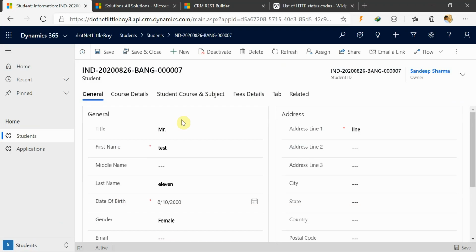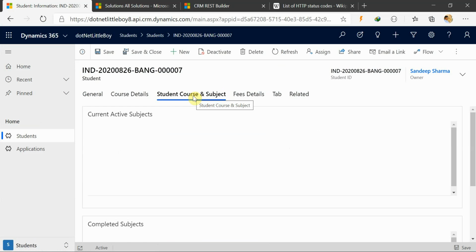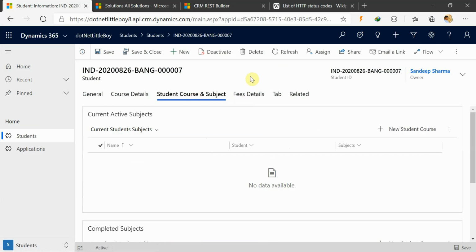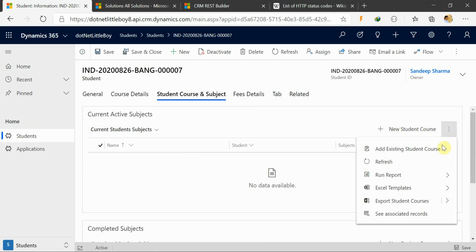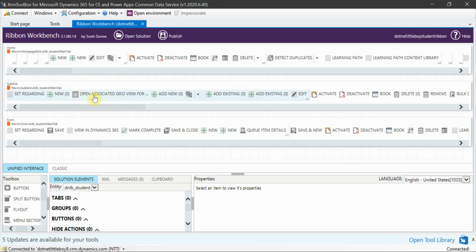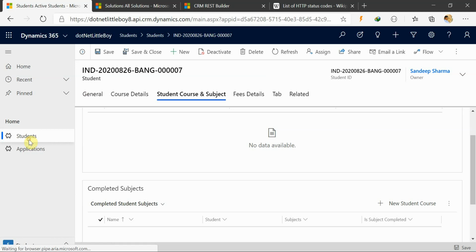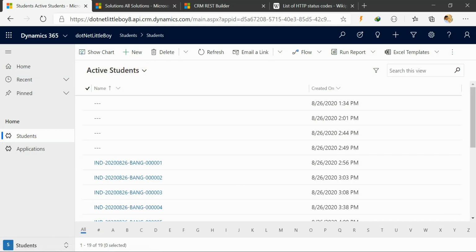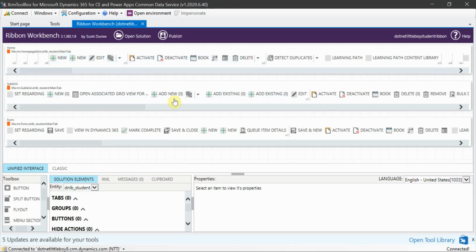And if you want to add for any subgrid, like when we have a relationship with another entity and you are displaying it in a subgrid, and for the subgrid you want to add any button like this, create a new student here, and other buttons, you can use this subgrid here. So in my case, as per requirement, I have to add on the home screen. So I will be using this section to add the new button. In this section, I will be adding the new button after the New. So you can go to the button here and let me add the button.